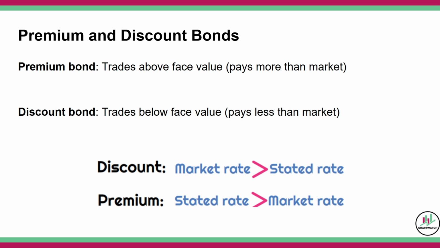When bond prices shift, they either trade at a premium or a discount to the original face value. A premium bond is priced above its original face value because its coupon rate is higher than current market rates. A discount bond is priced below face value because its coupon rate is lower than current market rates. You still receive the same fixed payments, but the price you pay upfront is different depending on market demand and ongoing rates. I already mentioned this. I know you guys know this, but I had to make a slide for it.